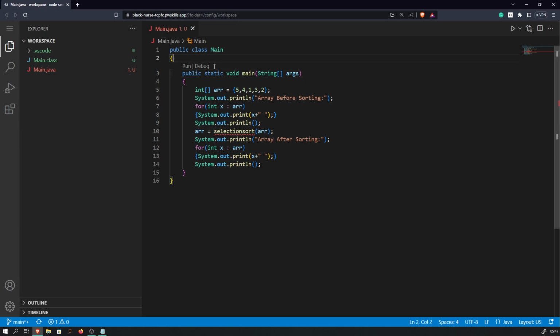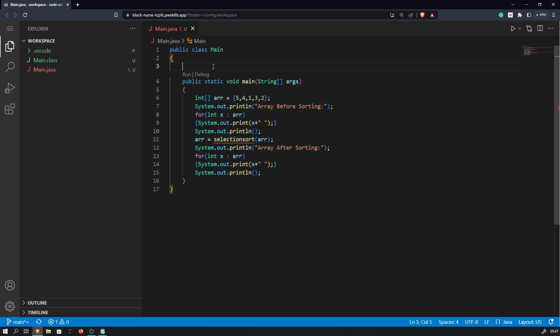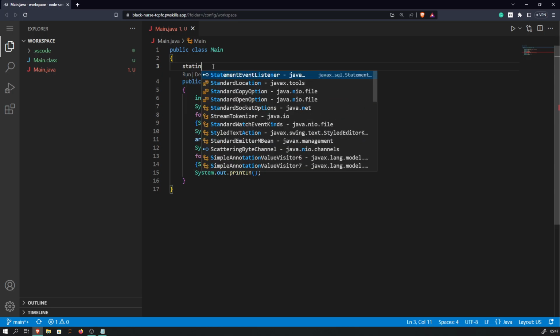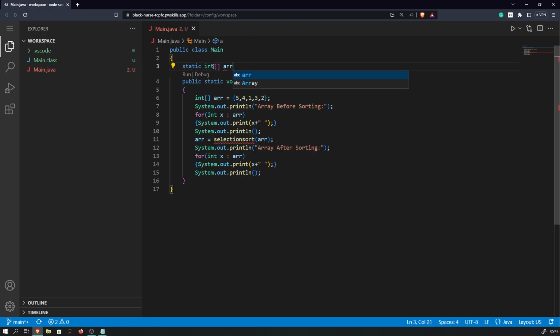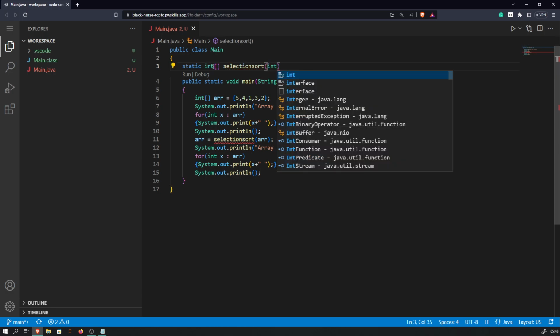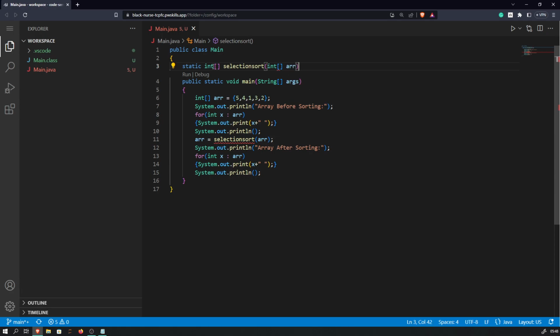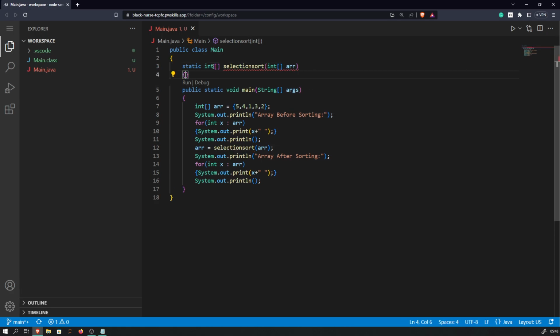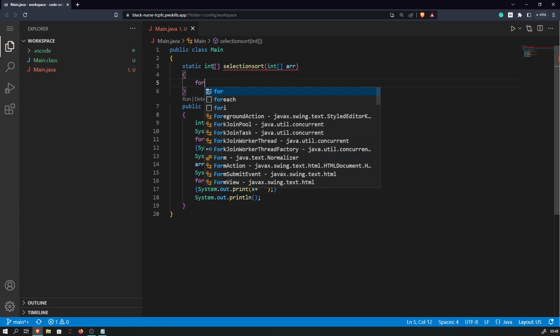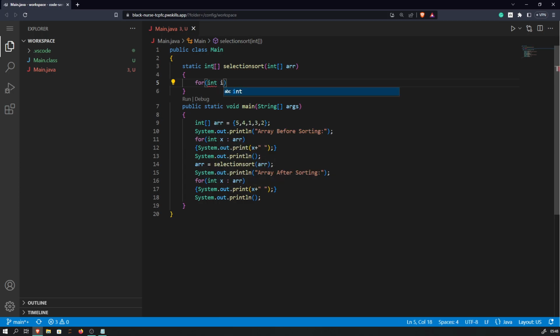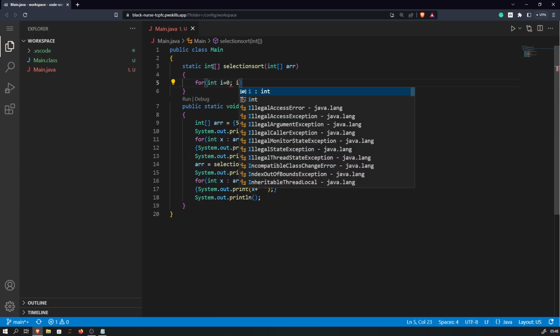Okay, perfect. Okay, so static, because we will be returning an array, so the return type would be an integer type array, and the parameter passed to our function is an array. Okay, perfect. Now for int i is equal to 0, i less than